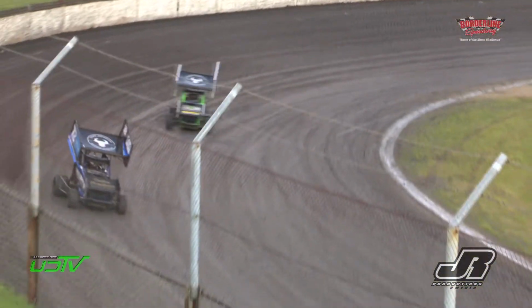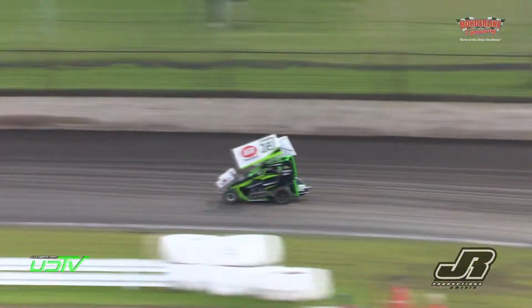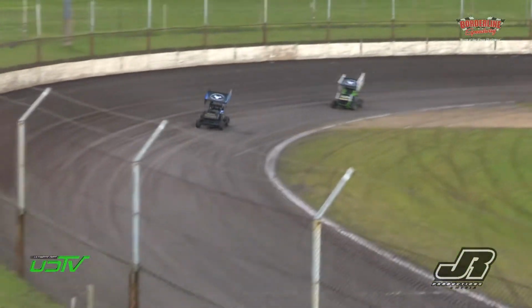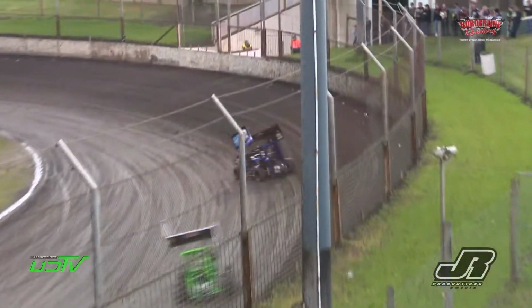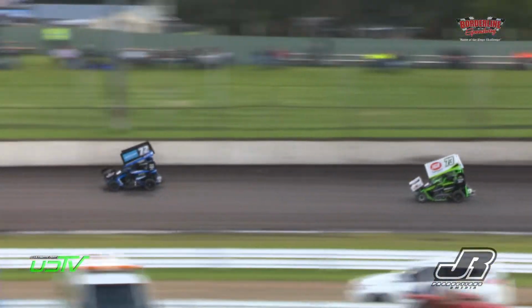Notice one of the car's front wing is missing as well. I think you'll find that be deep in the pack. May have not had one to start with. Yes, it does. There it is. It's wrapped around, almost wrapped around the front wing. It is destroyed on the 45 entry. That's the Chris Ferguson entry. So, Chris, if you get a chance, have a look at that front wing. It is smashed or smooshed,